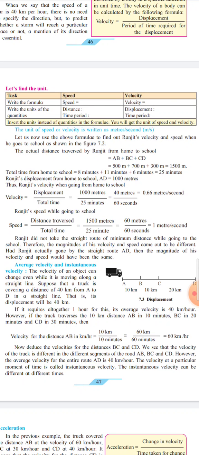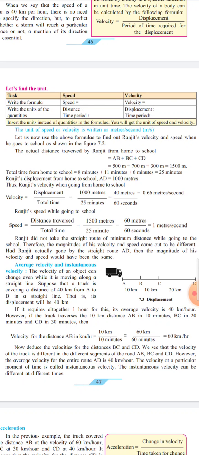40 km upon 60 minutes means the average velocity is 40 km per hour. Here the average velocity is 40 km per hour. So students, we will see instantaneous velocity for the distance AB. Here we are not considering the distance AD. For average velocity we considered the distance A directly to D, and it was 40 km and time was 60 minutes. But in instantaneous velocity we are considering just AB, and AB's distance is 10 km and time taken